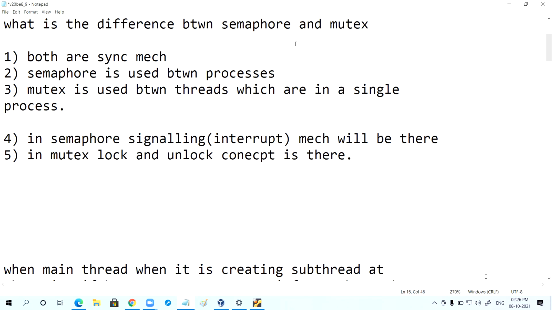You have the right to directly open the door, interrupt the faculty, and enter the class. I'm talking about the semaphore concept. Semaphore is a signaling mechanism.